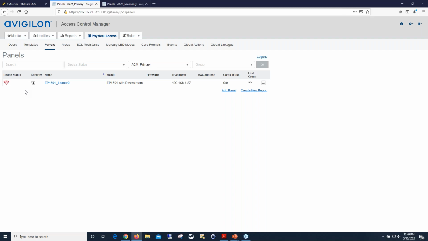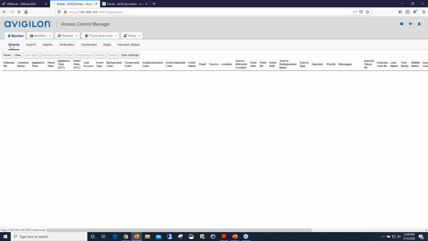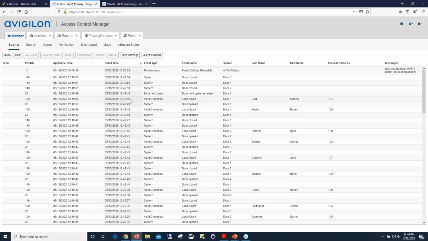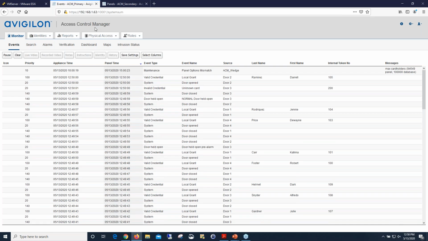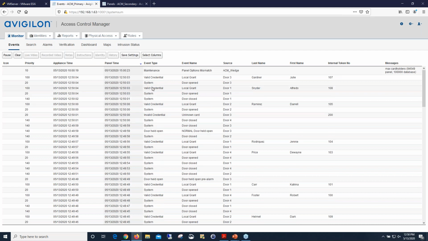One other thing I want to point out before we jump into questions here, just turn on my emulator. So we talked about replication synchronization happening between the two configuration databases rather. Now also in failover, you have the transaction databases being synchronized. So right now you'll see events coming in. Again, I'm on the primary, and we have fallen back to the primary. You'll see that we have events coming in,